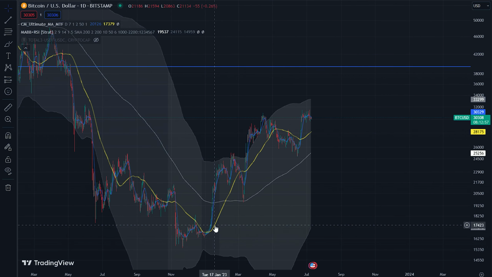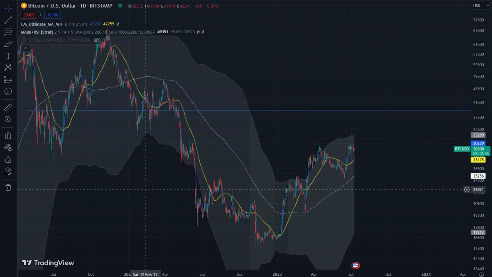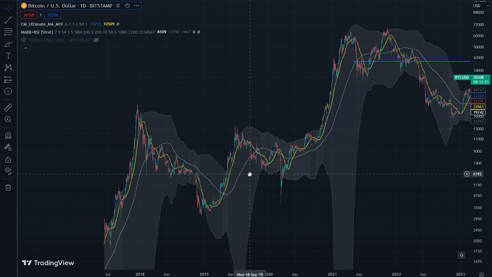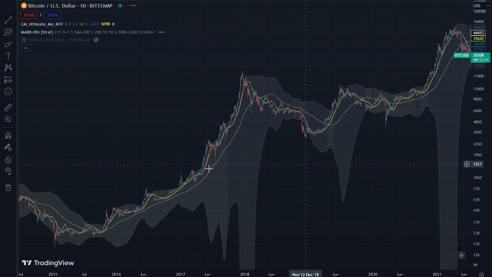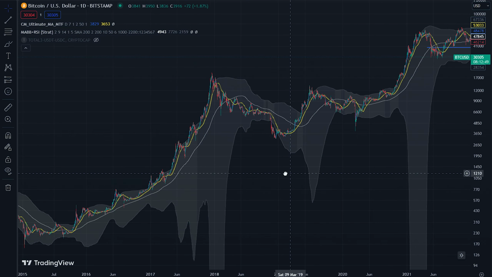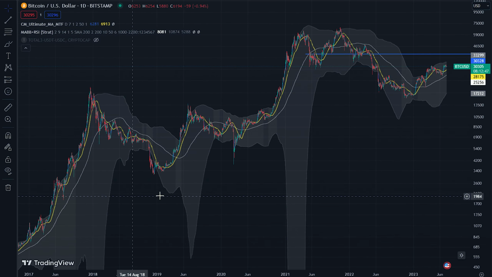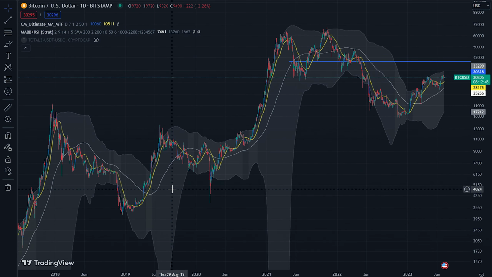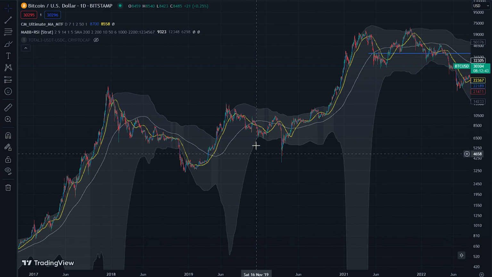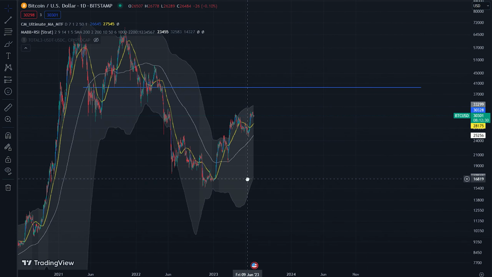And then when I was looking at it properly again, it made a lot of sense. I mean, we saw in previous years that this is what it does. When we went to 2019 or whenever it was, we saw the same thing roughly. Beginning of the year we climbed, the rest of the year we sort of lulled and did nothing, and even halfway into the next year we were at a similar price action,